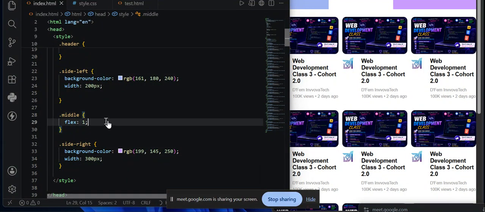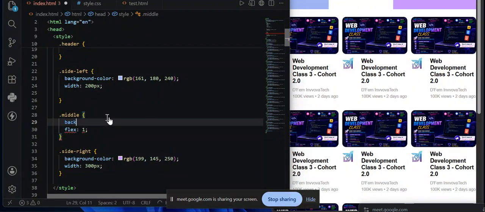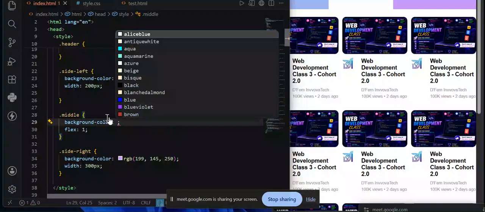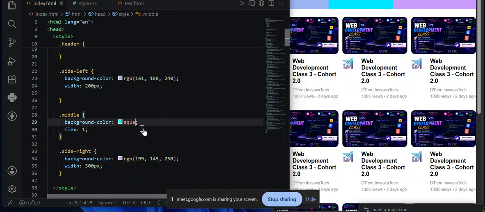Now let me give a background color here so that you see this other effect. Let me give the middle a background color, just so you see what I'm demonstrating. Okay,